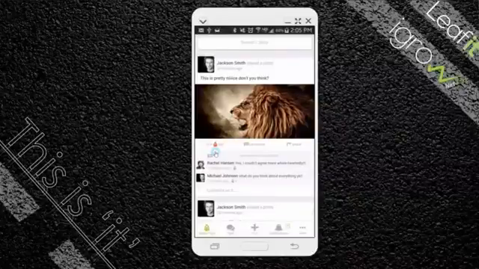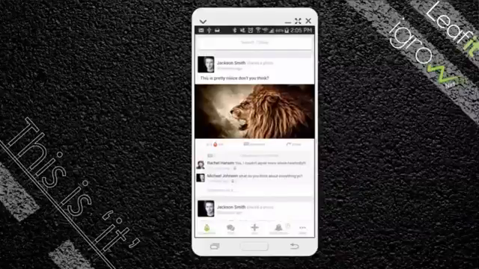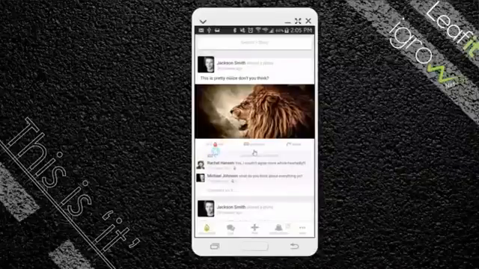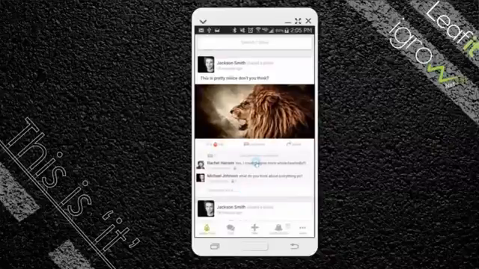You'll notice that the color of the app in general is just white and gray. We did that so that you can see the content better, and so that the hot button really illuminates and sticks out. You'll also notice that our commenting section is open forum, so it's right there, and you just click on comment. Don't do it, Mike, but you can just click on that, and then you'll be able to comment right into the thread and view previous comments, pretty basic stuff.